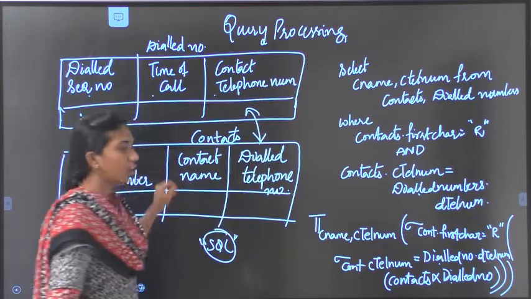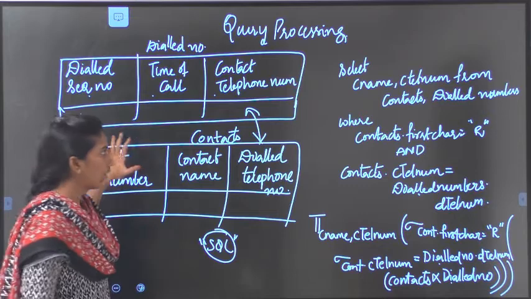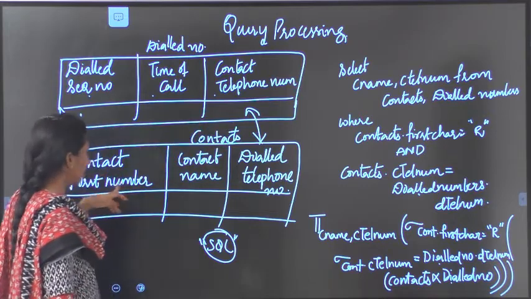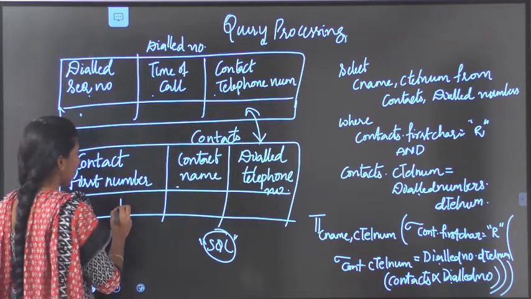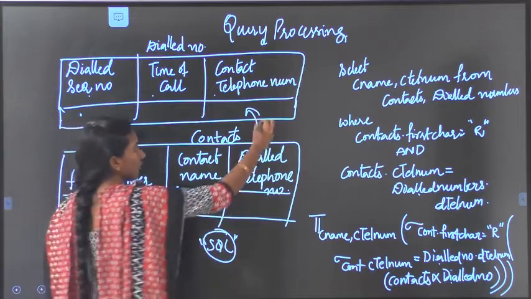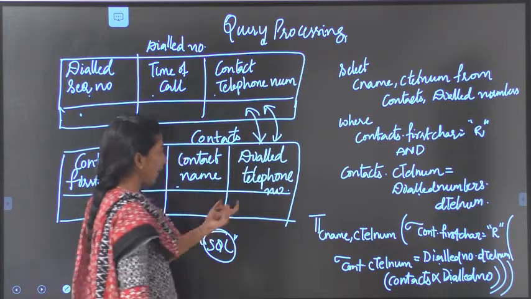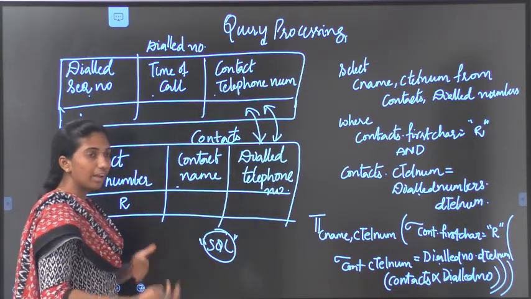Okay. In order to join these two tables, I need to do some mapping. I do this by looking at the contact name, or the contact's first character. My contact's first character is R, and if I cross multiply these two and fetch the names that start with R, then I will be able to get the details, right?